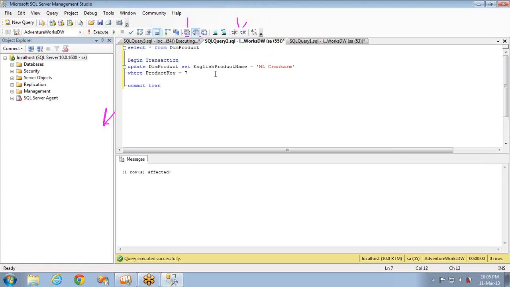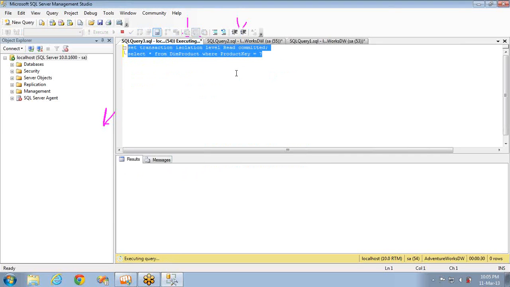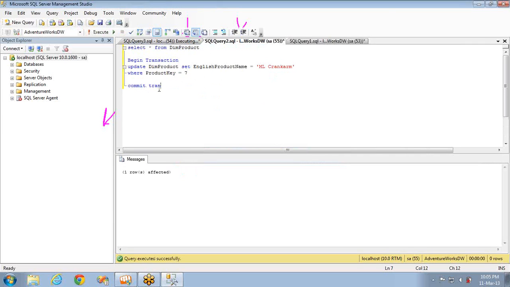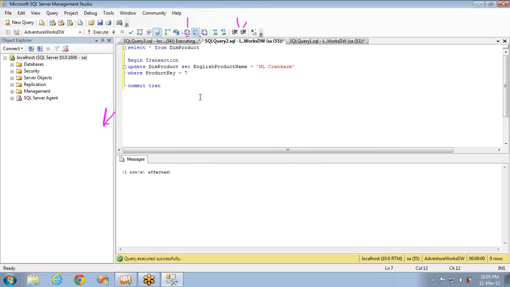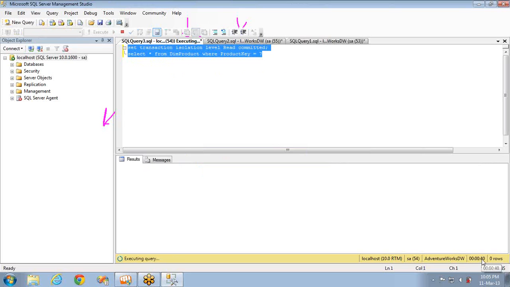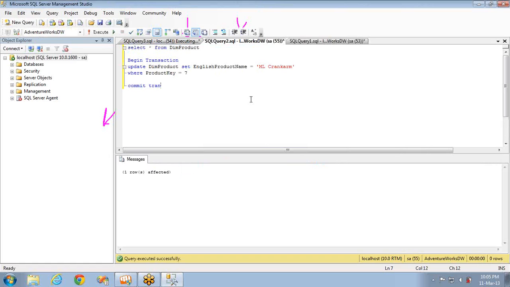If I commit it, the output of this query will be ML crankset, and if I roll back, it will be ML crankset test. It is already 40 seconds gone, still it is waiting to read the data. Why? Because the lock is set on the other side.